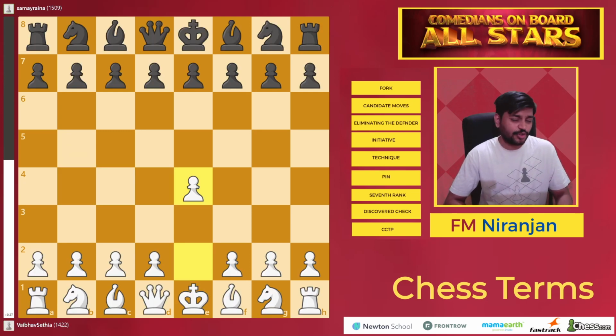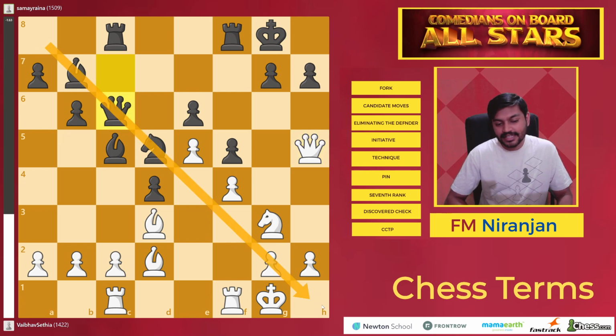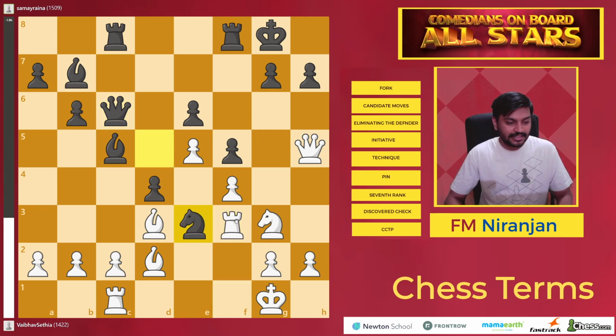And there's another concept which I will share, which is the queen bishop battery. In this position, after queen h5, Samay Raina played queen c6. This is also a common theme in chess, which is queen bishop battery. And now the point is that g2 is a soft spot. Black can threaten mate on that line, and so Vaibhav plays rook f3 to block that diagonal, but after knight